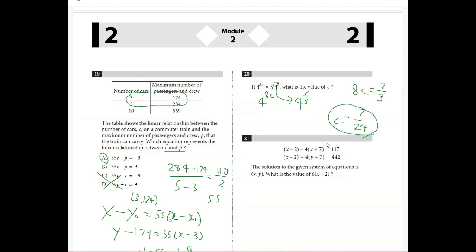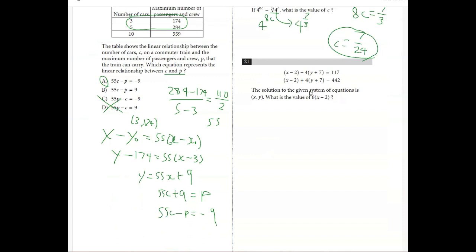Okay, simple and straightforward. The solution to the given system of equations is xy, with a value of 6 and whatever multiplied by x minus 2. Oh, sorry, 6 times parenthesis x minus 2. Okay. So what I'm going to do here is, since I can actually cancel the y plus 7 here, I'm going to add this up, so it becomes 2. This guy goes away and is equal to